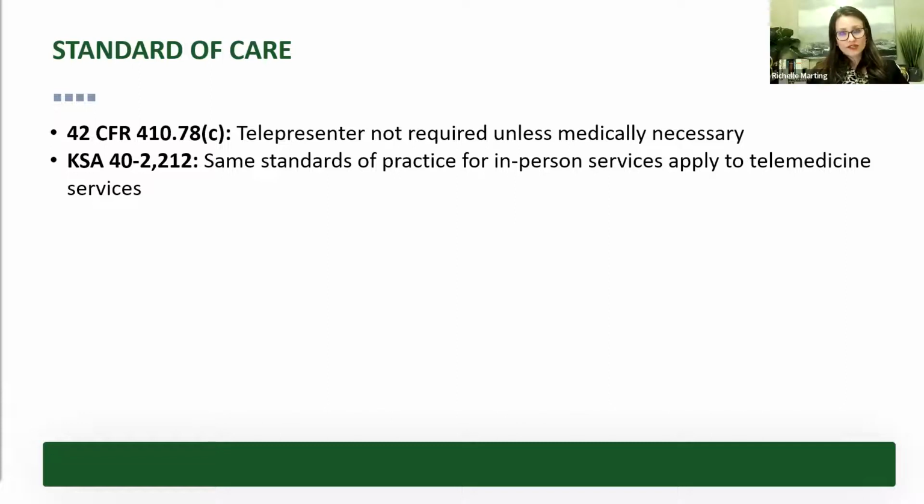Okay, so that's a great question. When the Office for Civil Rights announced that it was waiving its enforcement discretion to impose any penalties if you are using a non-public facing application like FaceTime or Zoom. Compare that to like Facebook Live feature, right? That is broadcast publicly on someone's account. But non-public facing visit. The Office for Civil Rights has also been pretty clear, though, that it doesn't endorse or